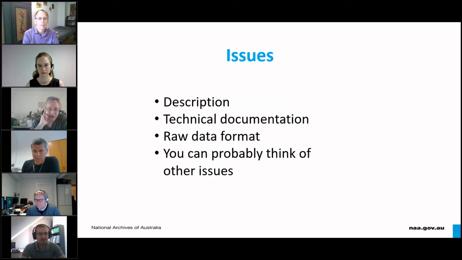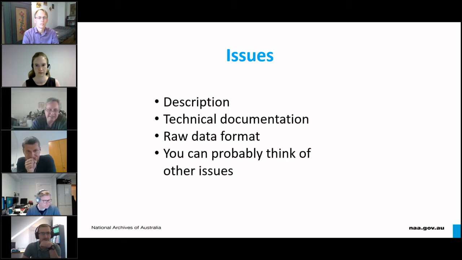Archival description provides the context to understand records creation and management when the record was in active use in the agency. In this case, at the most fundamental level, there's no information about the original system that managed the data set. Another omission, probably the worst omission, is the lack of technical information about the data that was exported from the data set or the database. And this will undoubtedly become a big problem going forwards.